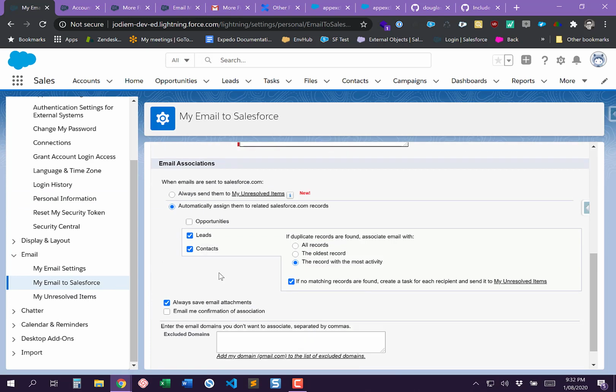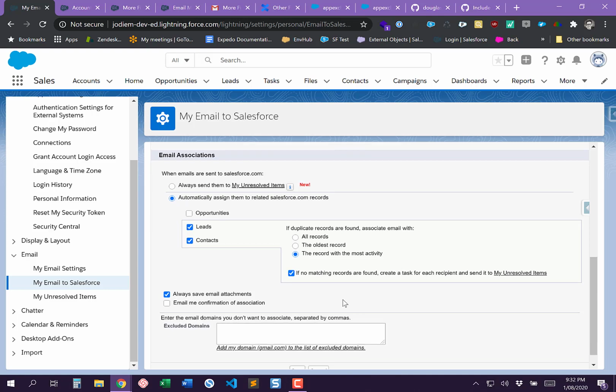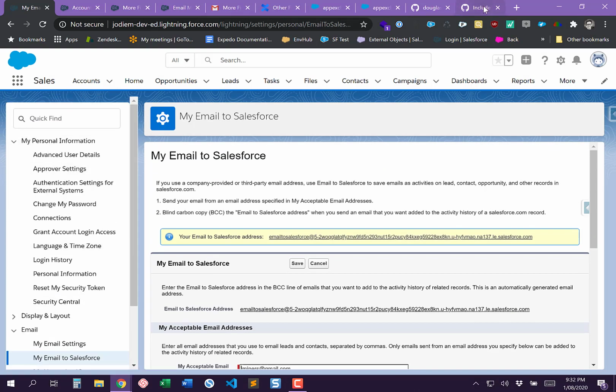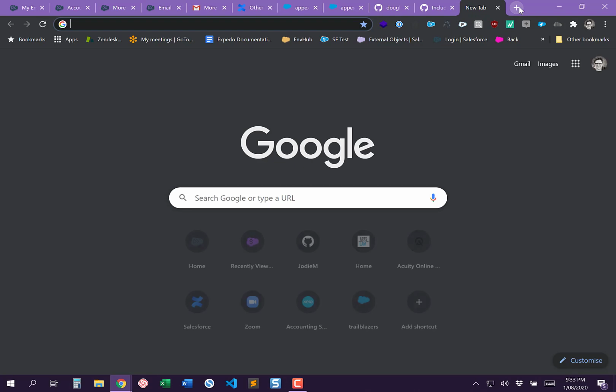You've got to have always save email attachments turned on to have the attachments in there. Now, of course, you are going to have then the issue with people who have not set up their emails correctly and have their logos on their emails as attachments. And there is an app to help you deal with that, but it does cost money, and that is